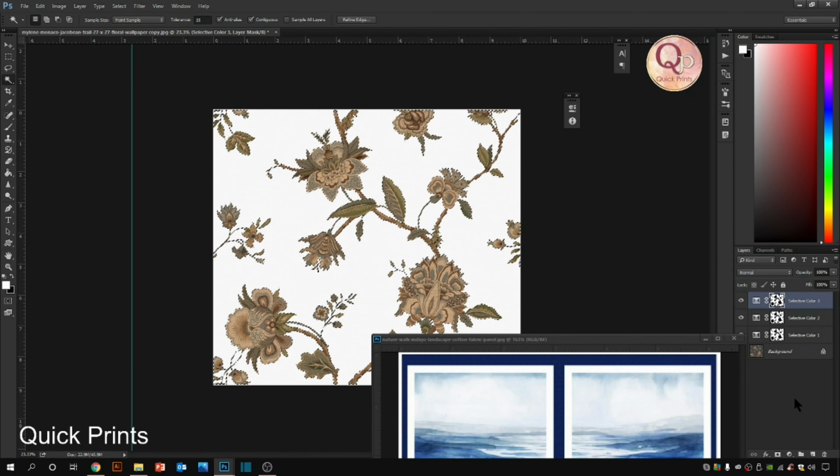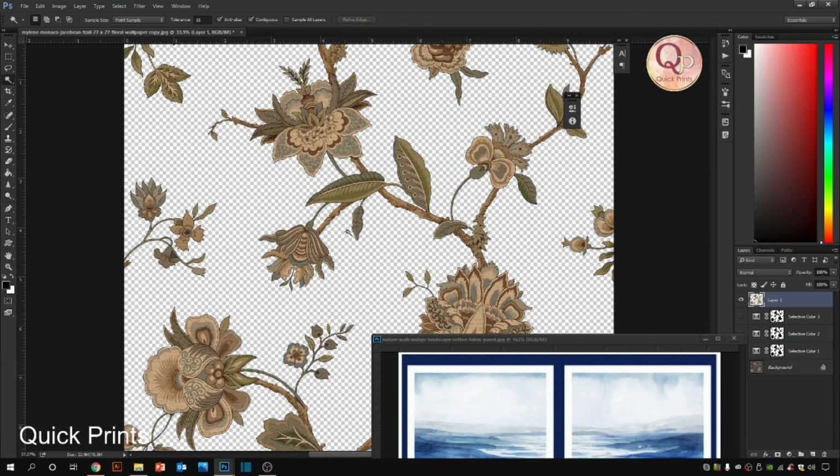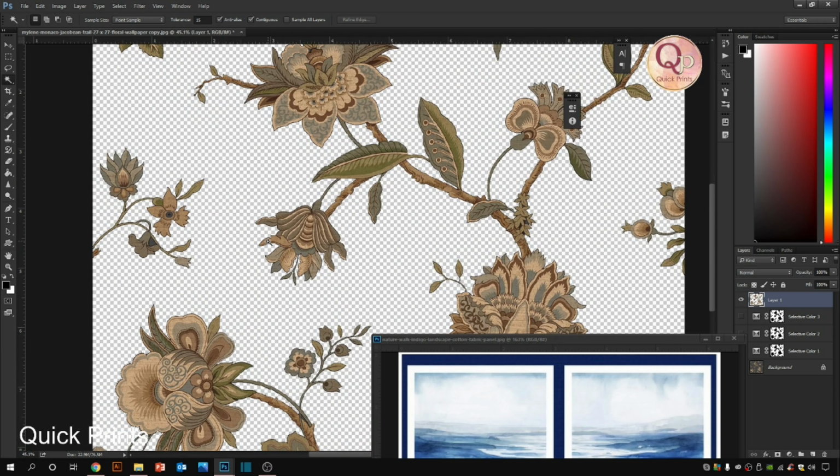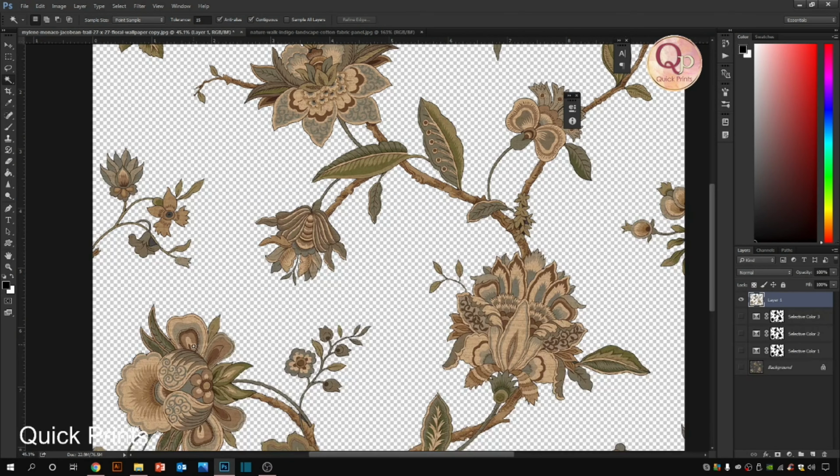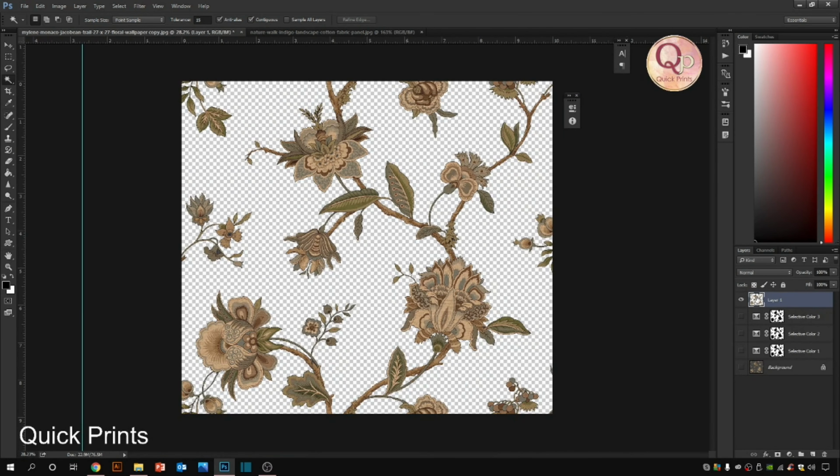So let's see it. Copy, because we have done the work on the background. Copy and paste. Here is the floral part, totally cut. Whatever we did in the selection time is helping us now. So now we need to make these colors blues.